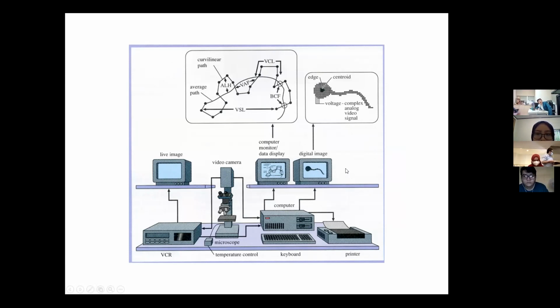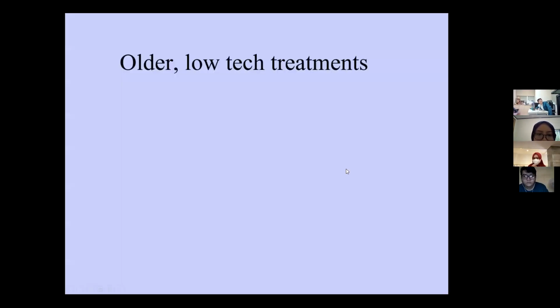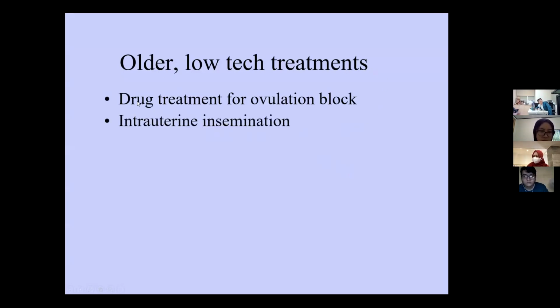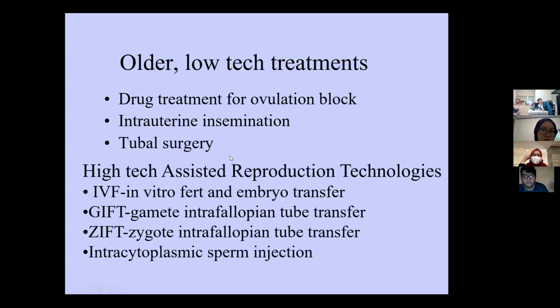Right now, we can do the AI analysis. There's a low-tech and a high-tech treatment. We can use some drug. We can use intrauterine insemination. We can do the tubal surgery. This is old. Right now, we have a high-tech assist